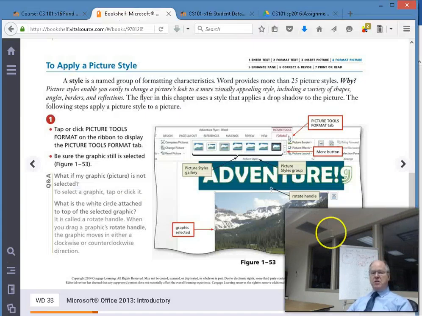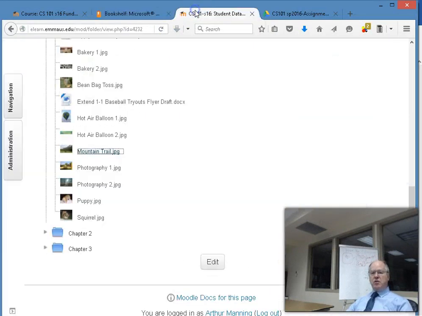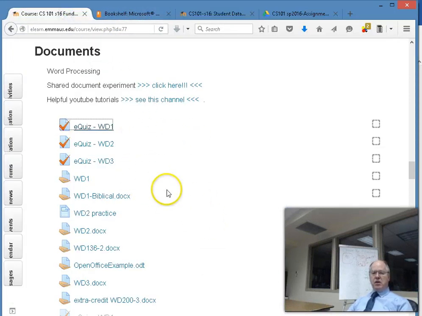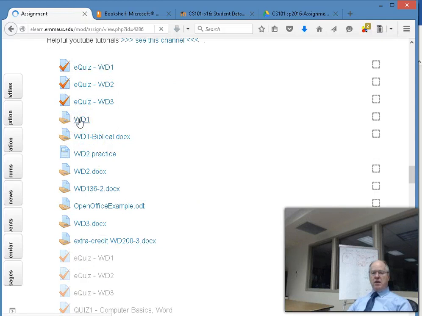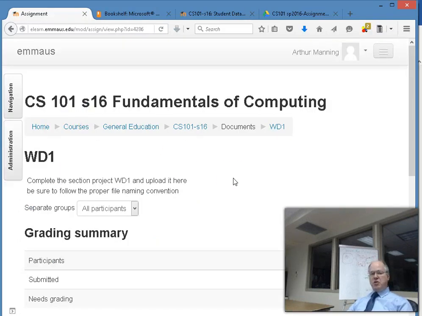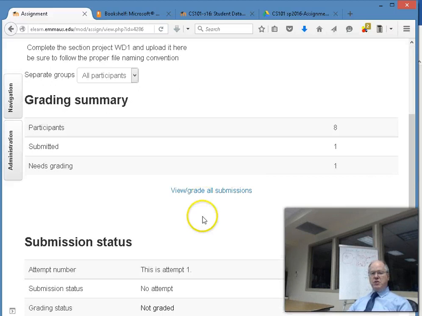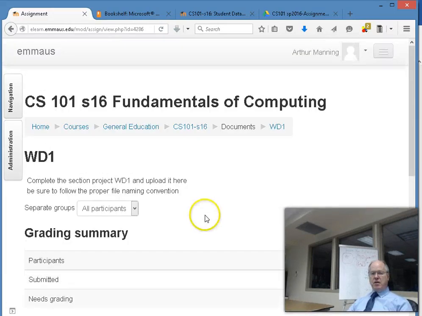And remember, if you want to make sure it's there for you, you can always submit it so it's stored up on eLearn. You can always submit it here, or you can save it to your cloud document or to your jump drive. But this is a valid place. You can upload it here and then work on it again somewhere else if you need to, or on a different computer. We'll finish it up next time, review some of those things we did, and then finish the border. And that's a quick little project, just getting you used to